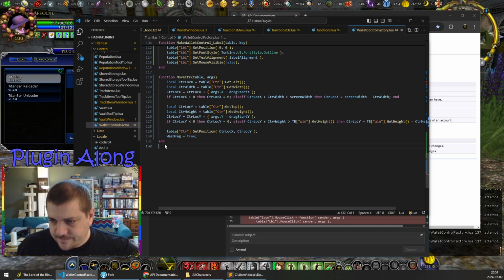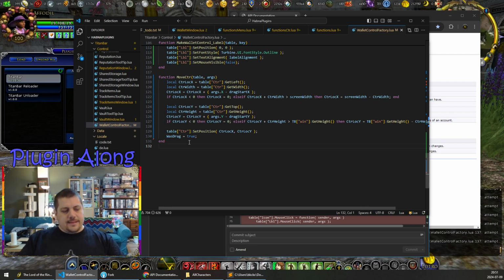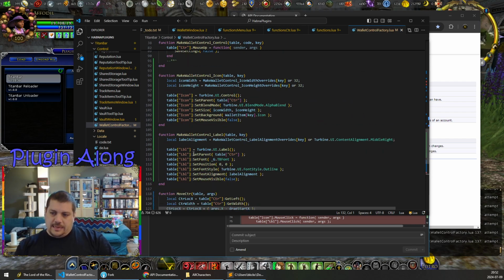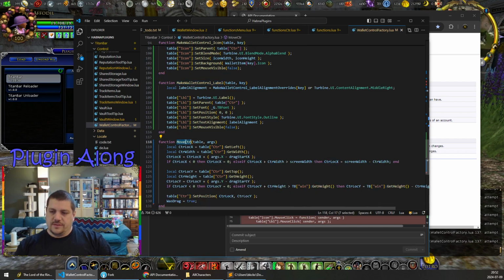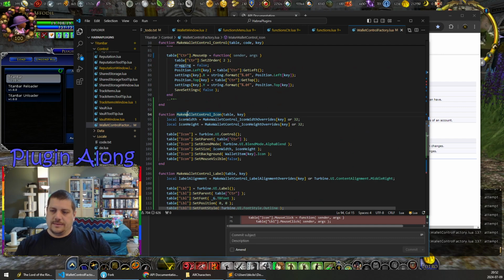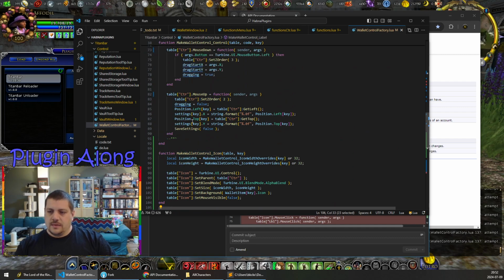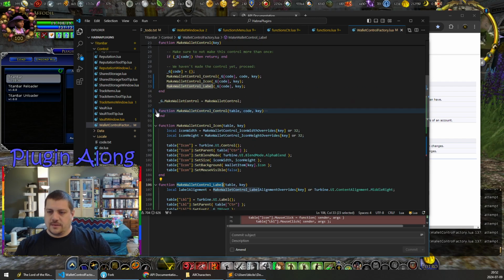But as far as I can tell, that is not the case here. I think it's because there was a version of this file for every control, and so you needed to be able to call this function from every control. And they just did it once and copy pasted it a bunch of times, I think. We're going to go with that. So we have the move control function. We can make the control icon a label. And in general,